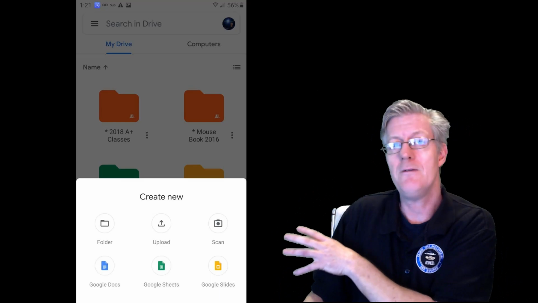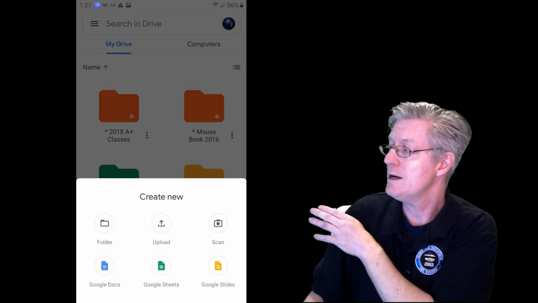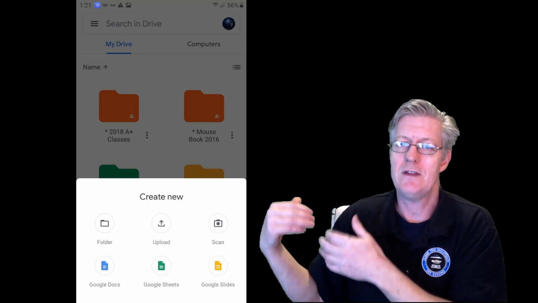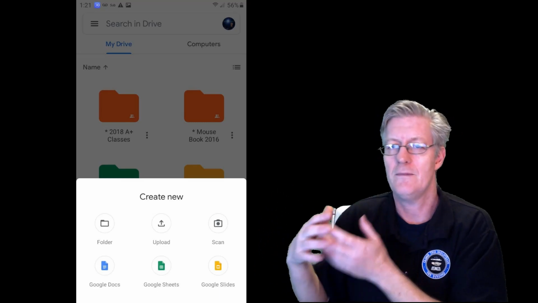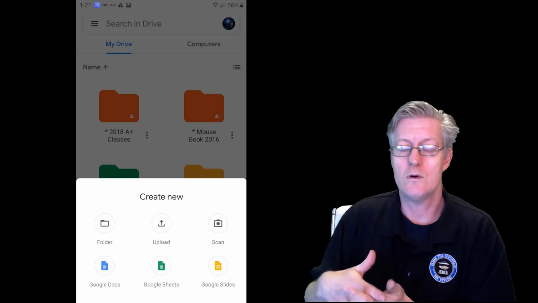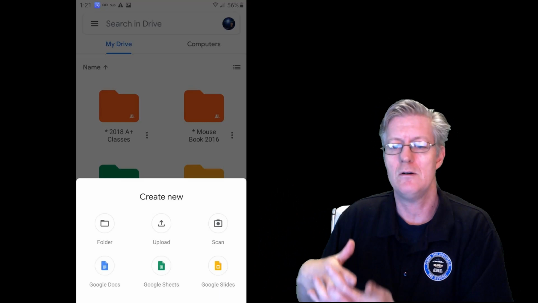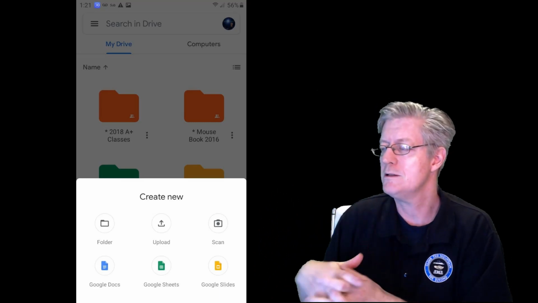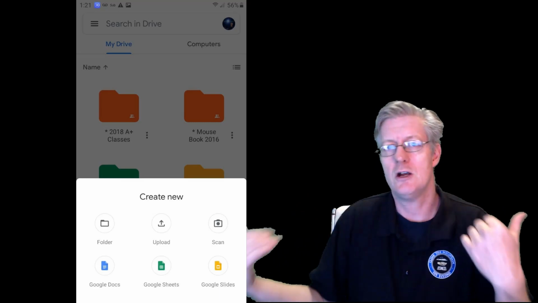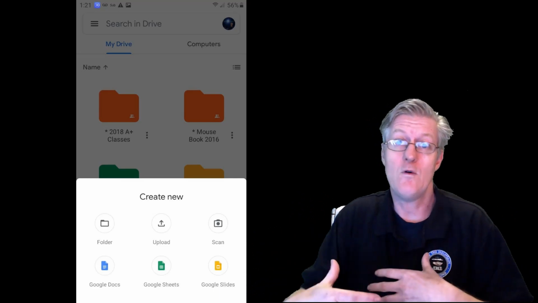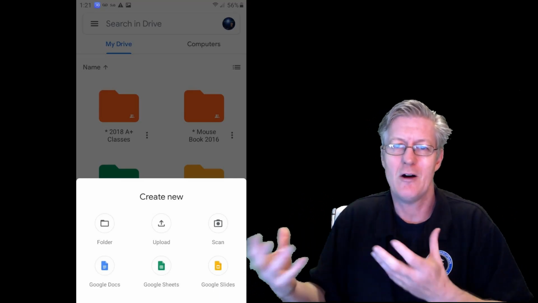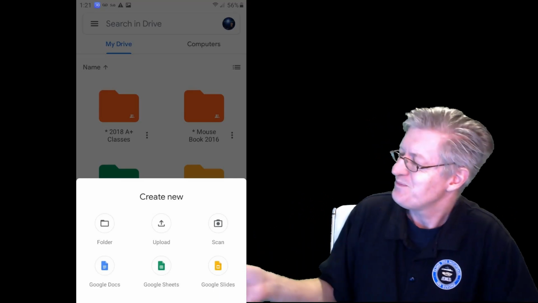The nice thing about the Docs, Sheets, and Slides is that I have the option to download that work as a Microsoft Word document, Microsoft Excel, or even a Microsoft PowerPoint file, and then share it with others in that form, and they would never know that I made all that work on my phone.